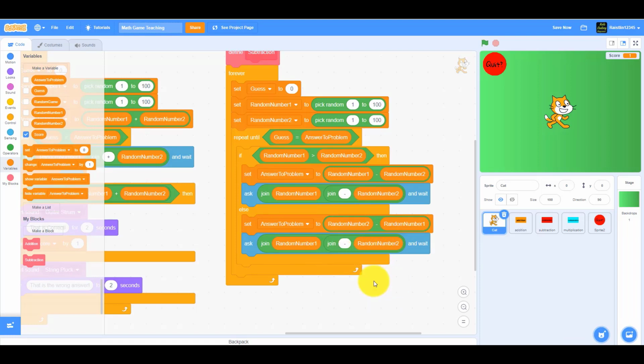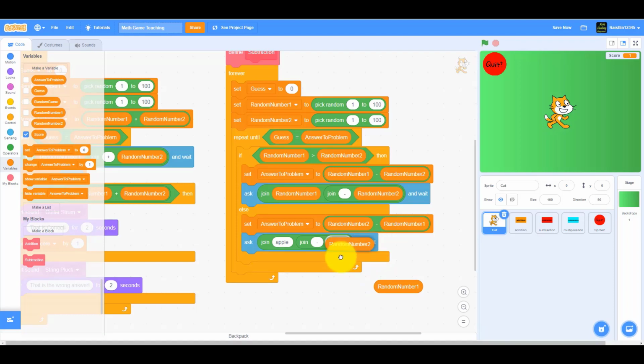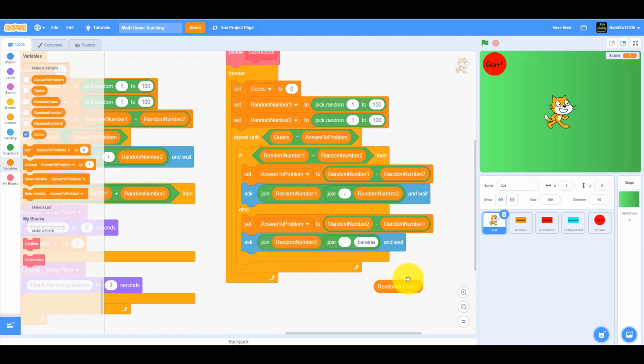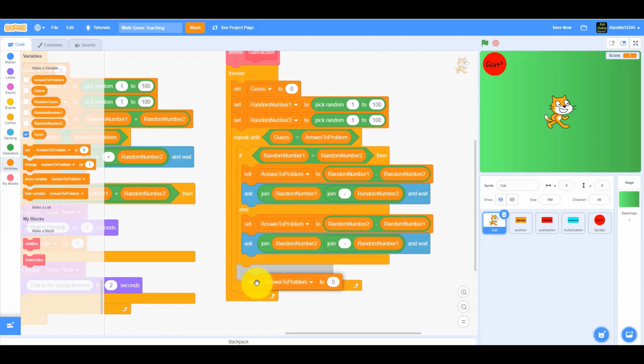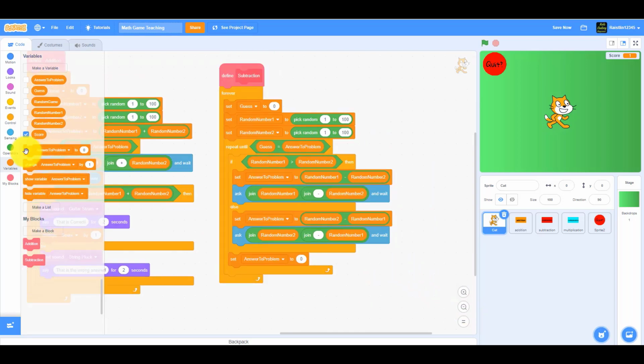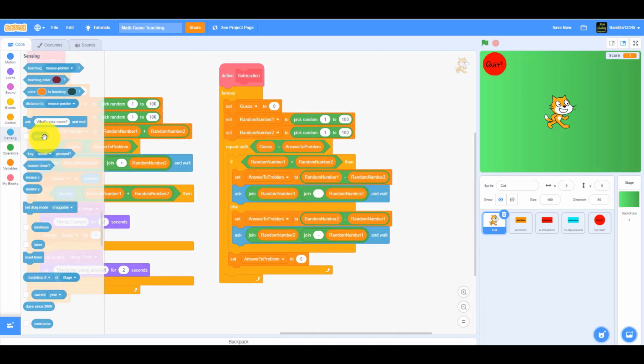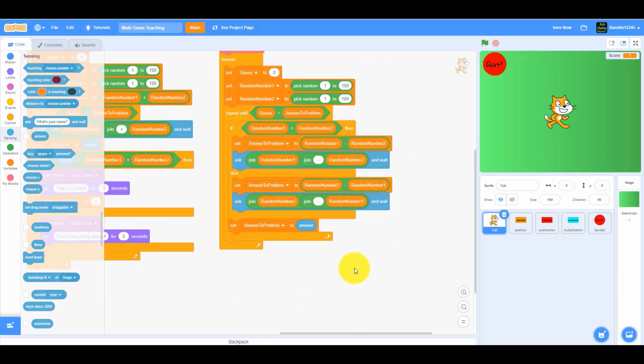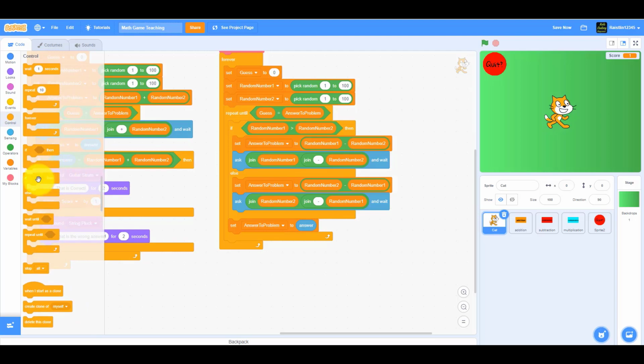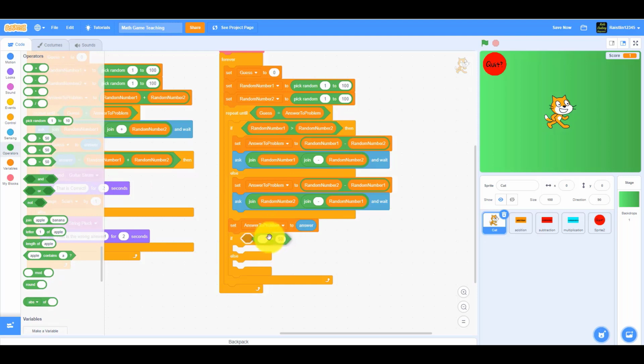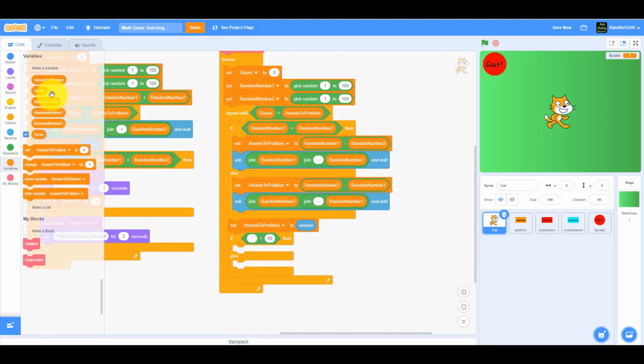And then it'll ask, instead right here, we're going to switch these two again. So we're going to join random number 2 minus random number 1. And then we're going to set the guess to the answer. Down here, let's set the guess to answer. And then we're going to get another if then else. Let's get an if then else and put it right here. So if the guess is equal to the answer to the problem,